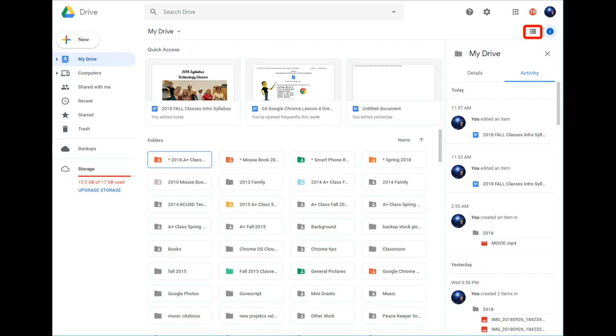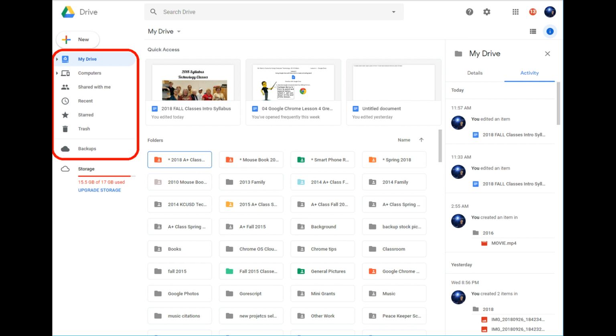The next small icon that we see is the list or grid view options. This will change the way that we see all of our files and folders, from either the list or the grid view. The small blue circle with a small eye in it is the show or hide details about your work. This section shows the areas of our drive. The first one is My Drive, where you see the main drive. Below that is Computers, and then we see the area for Shared with Me. These are files and folders that others are sharing with you.